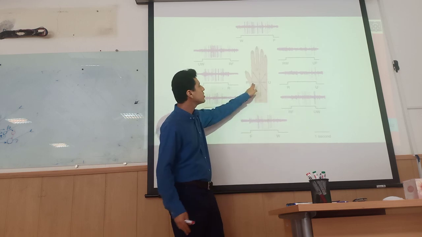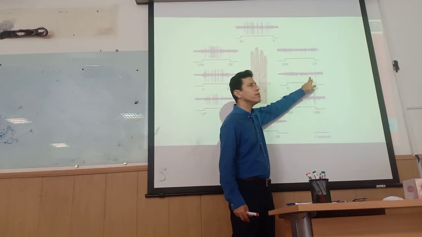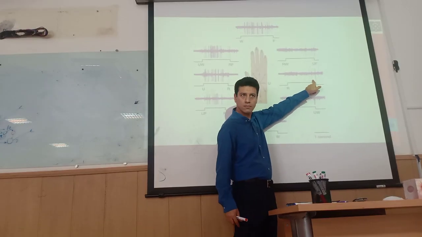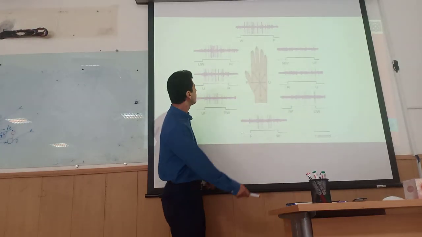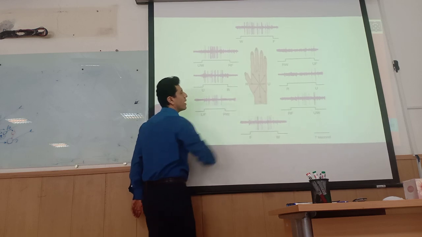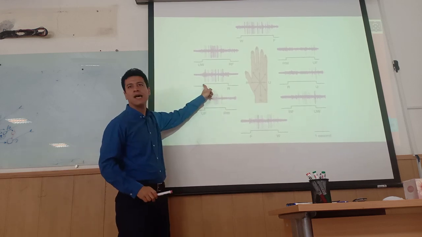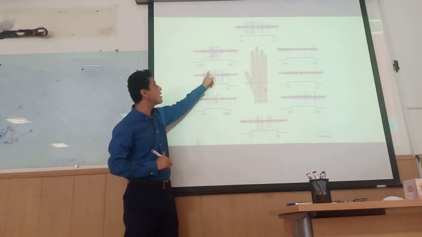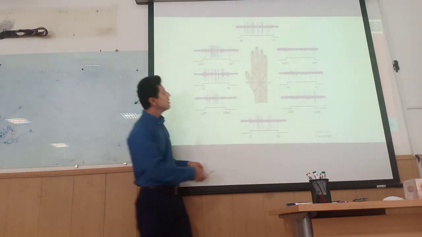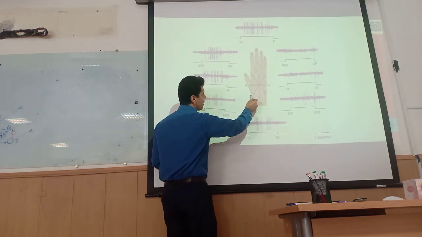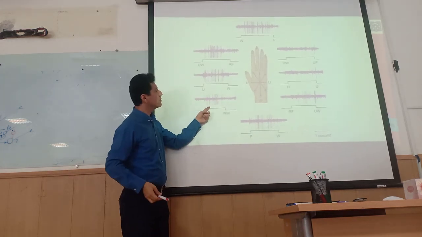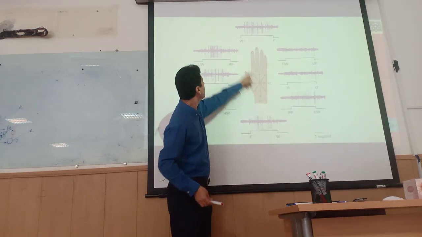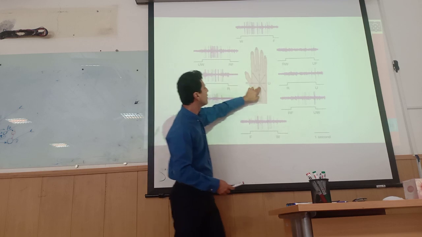okay, this stimulation doesn't activate the neuron. You can see only 1 or 2 action potentials, right? But when you move the object this way, you can see that this neuron is highly activated. It generates several action potentials, right? When you move the object this way, you have some activity. This way, less activity. This way, more activity. This way,